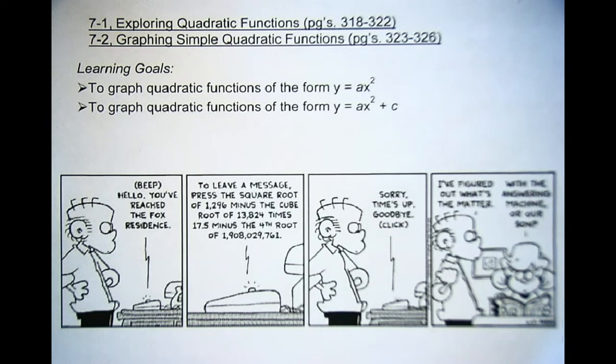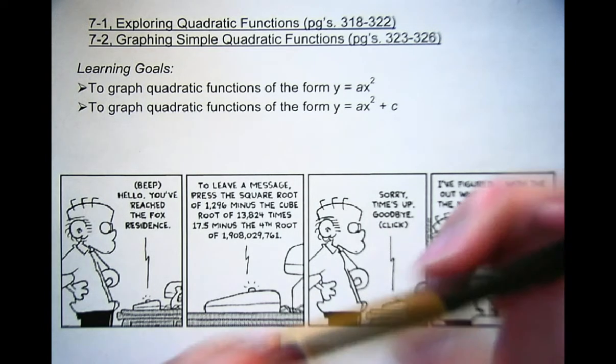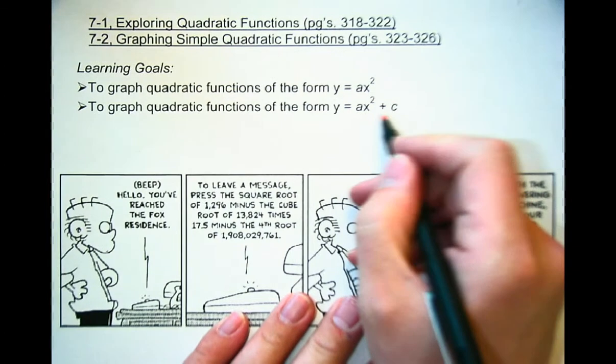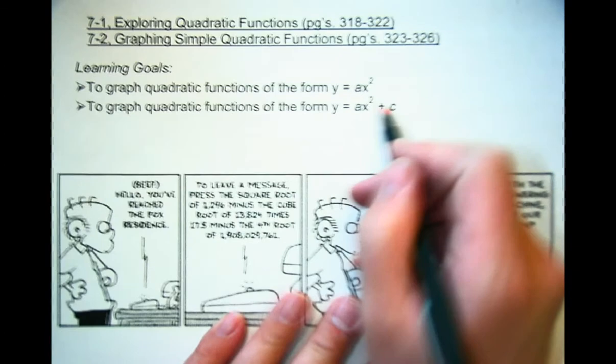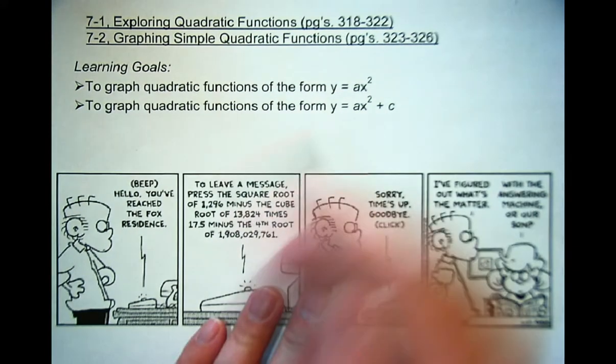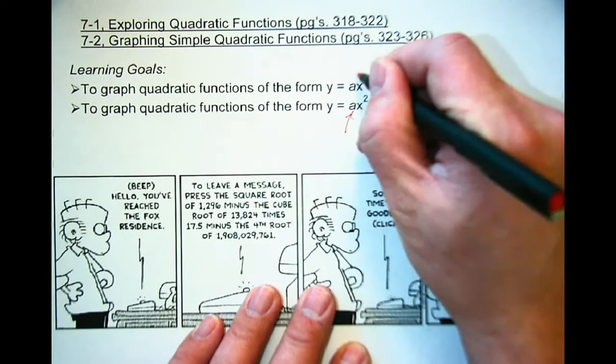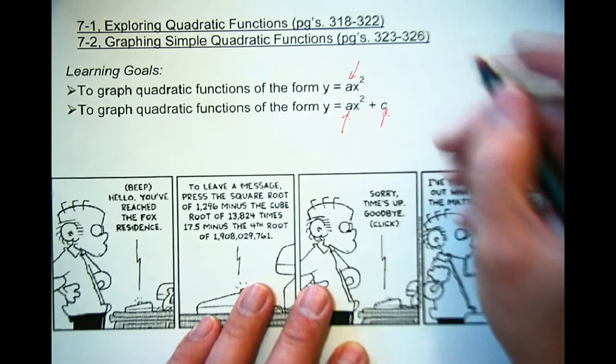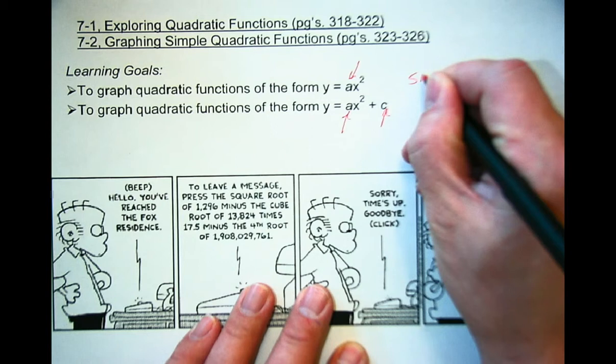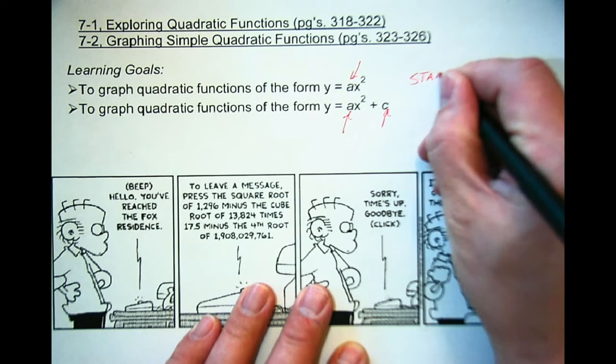Okay, so 7.1 and 7.2. First thing, we're going to graph quadratics in the form y equals ax squared, and then we're going to graph quadratics in the form y equals ax squared plus c. So we're going to identify a and c today and see how they affect our graphs. For what I need you to do, after you get your learning goals down, I need you to find out